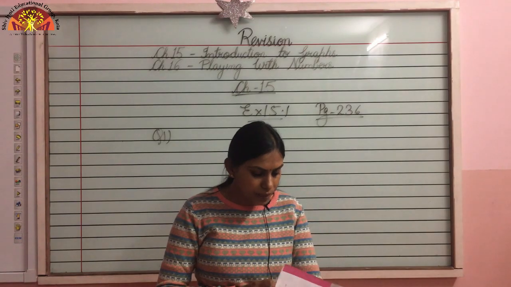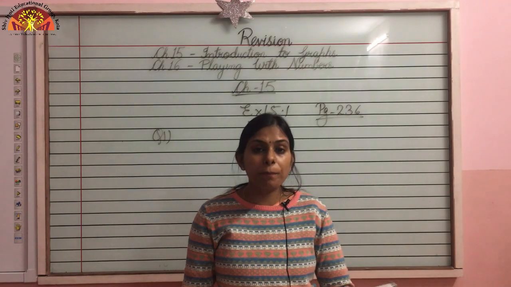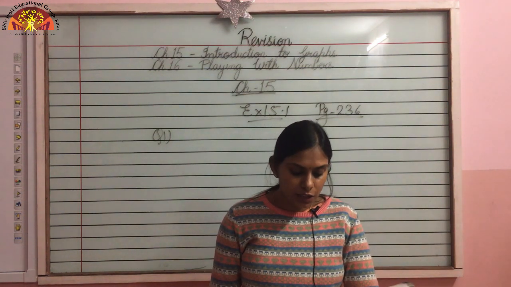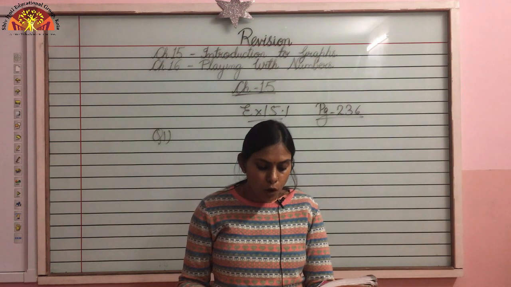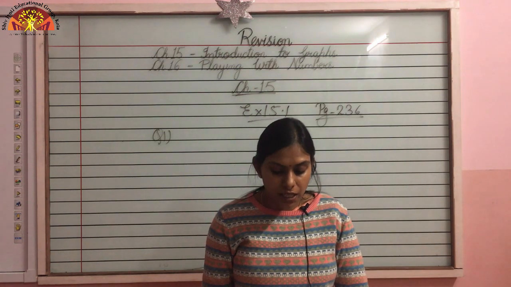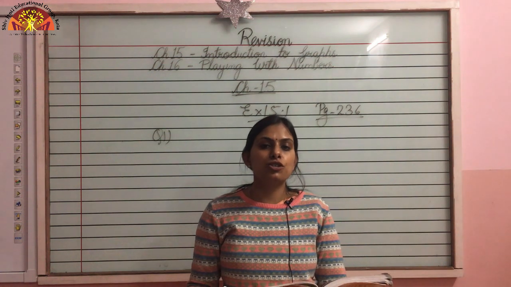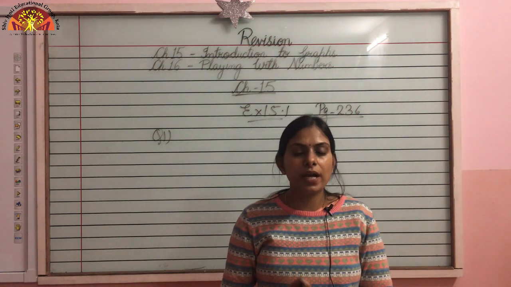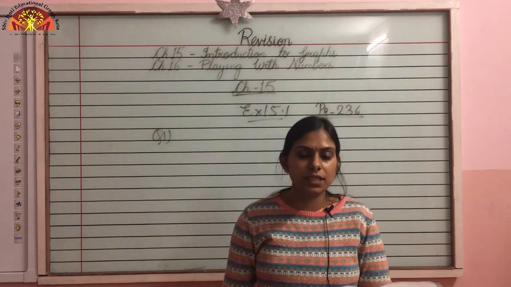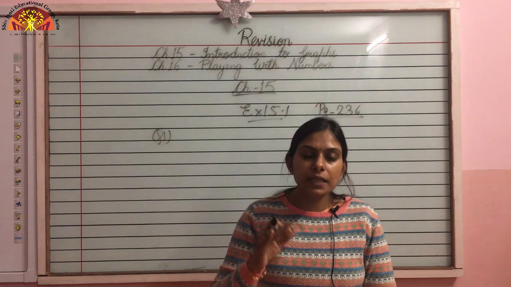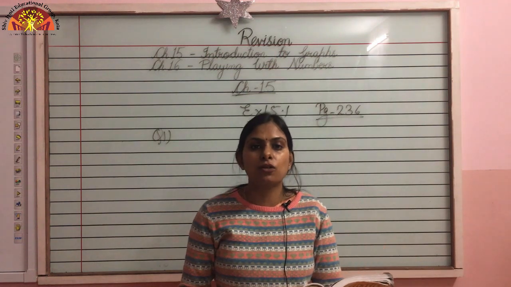So please turn your pages. Now please take out page number 243. Okay. Now just see the first question. Plot the following points on a graph sheet. Verify if they lie on a line. So children, what you have to do in this question? Different points have been given to you. The X coordinates and the Y coordinates have been given to you, and you have to see after plotting whether these points lie on the same line or not.